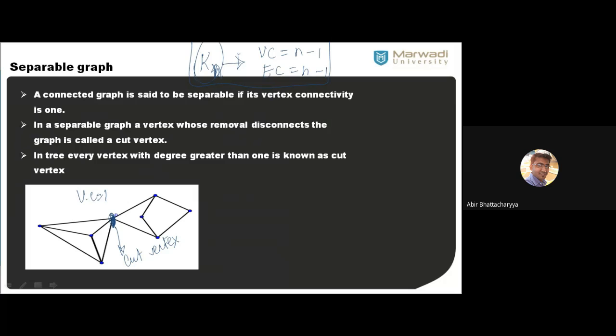Because you have to delete that many edges and that many vertices, since you cannot delete all vertices. If you delete all other vertices, you will automatically be left with one vertex, and that is a good sign that it is not possible to separate the graph into two parts. That's why for K4, the vertex connectivity and edge connectivity are 3, 3. And for K5, it is 4, 4. For Kn, it is n minus 1, n minus 1. Note it down.